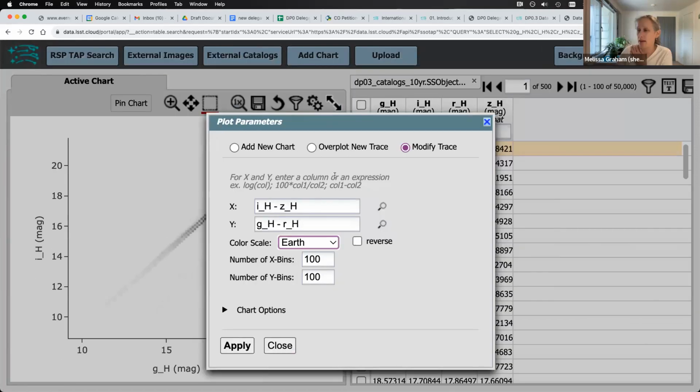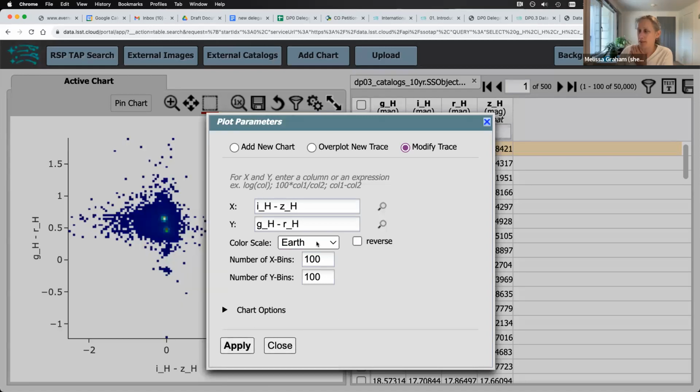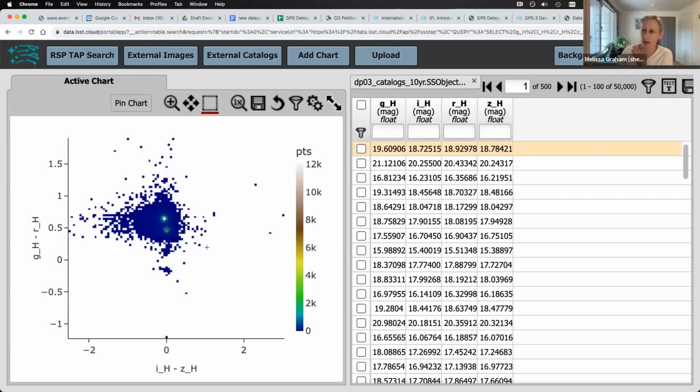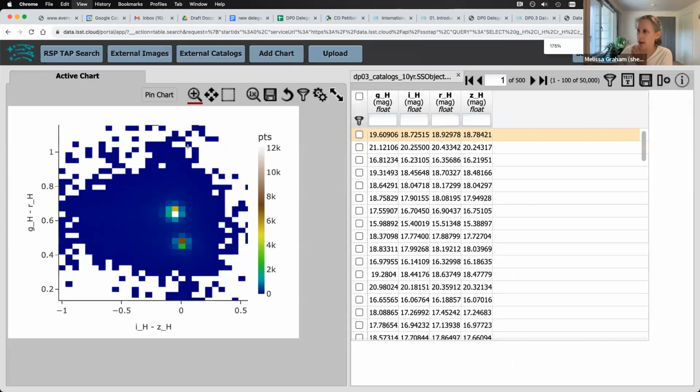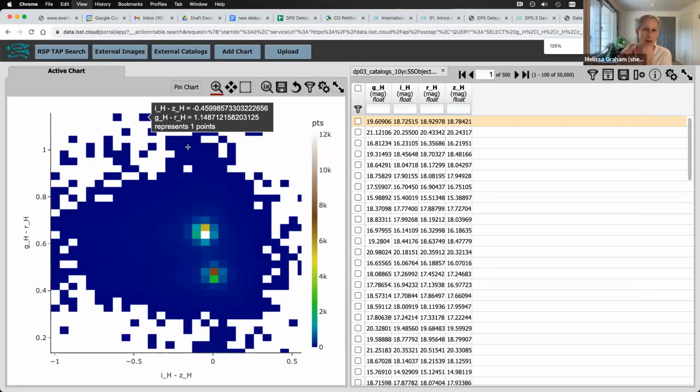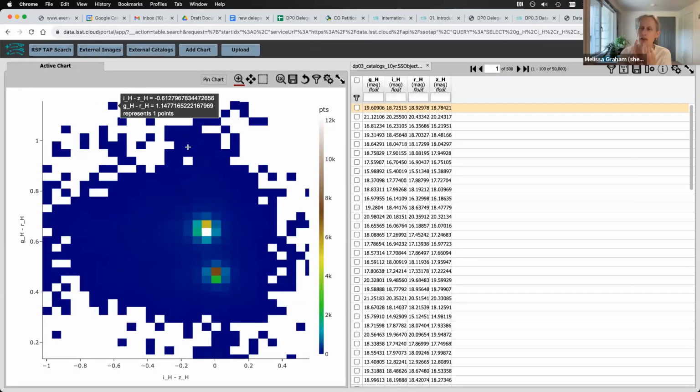So that's exactly the color you like. And then, oh, my internet connection is unstable. I'm sorry if I'm cutting in and out. Well, once you click apply and then close, you have a color diagram. And then you can zoom in on it a bit if you want. That's a really, really quick demo of how to do a query in the portal and how to manipulate the